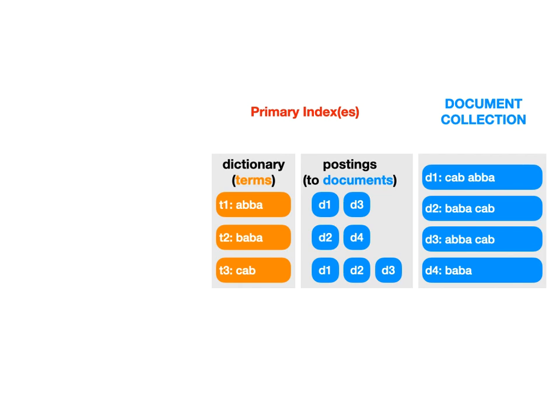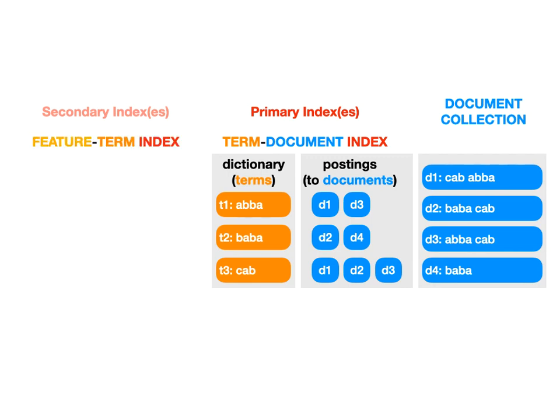Okay. We just walked through and built our basic term document index, right? That's our primary index we've talked about since the dawn of this class, right? Now we can build a secondary index, a feature term index. Now feature, I won't use that word very often. This is just to illustrate. We'll always use what the feature actually is. But we can now build an index based on the terms and figure out what features are present in those terms. For example,